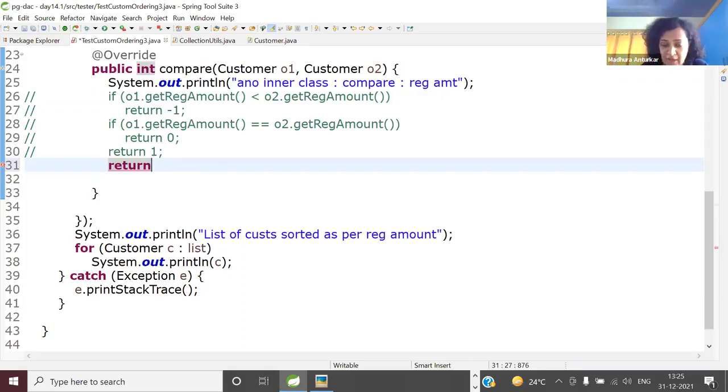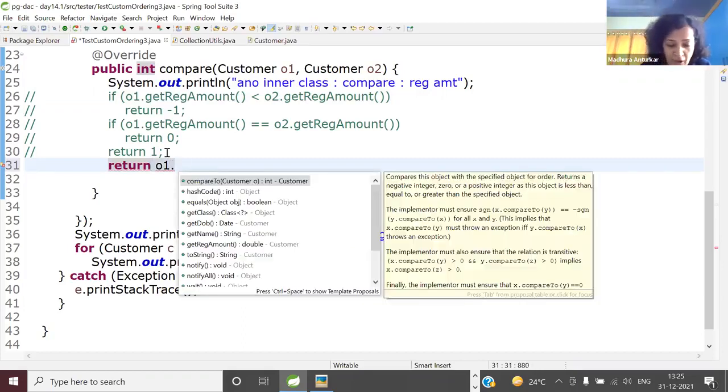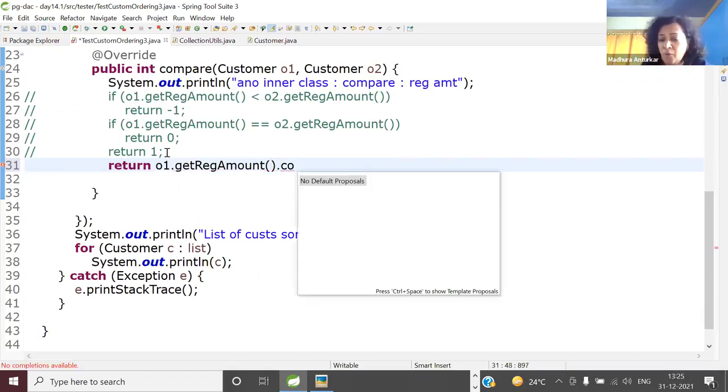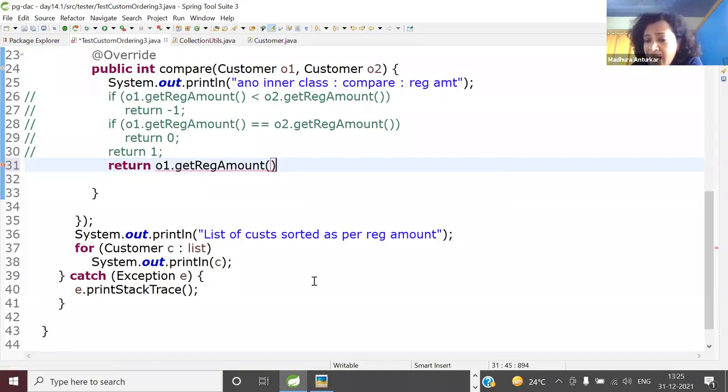So return, if I say O1 dot get registration amount, what is the data type of registration amount? Double, primitive double. If I try to say dot compare to, it will not work. Why will it not work? That is because primitive types do not have any methods. So of course it fails. Is there any class equivalent to this primitive type?